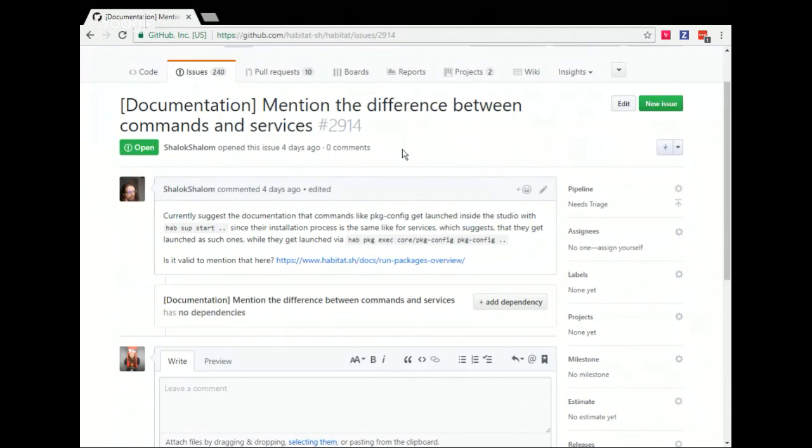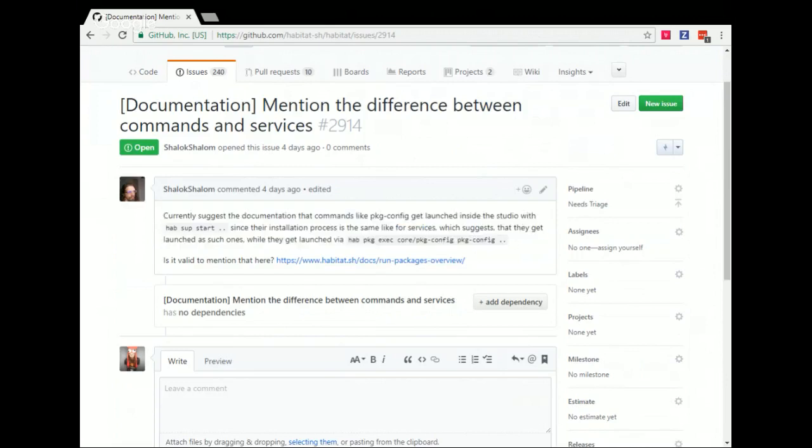I think that we need some clarification around the hab package run. I think that's actually more what's being asked about here inside the studio. That's when you start any of the supervisor services. But when we're talking about packages that are binaries, you're actually going to run the hab package exec.